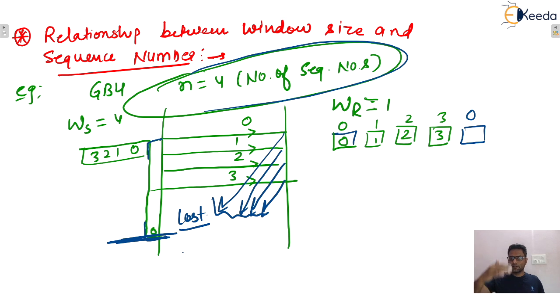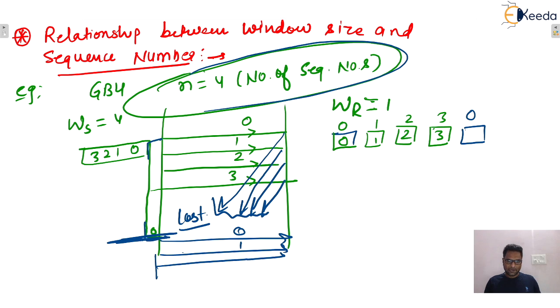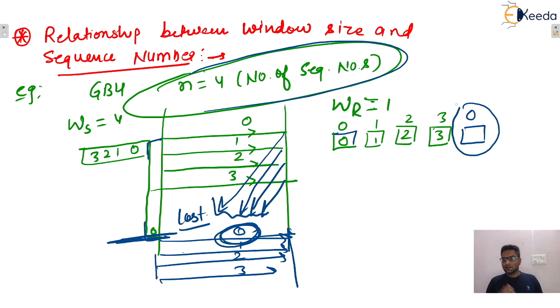So all subsequent packets will also be discarded by the receiver. So at this point, the sender will transmit packet number 0, packet number 1, then packet number 2, and packet number 3. Now you only tell me, as soon as this 0th packet is received at the receiver end, this 0th packet is from the previous set or old set, isn't it? Or the first set that was already received. But here the receiver is expecting the second set's 0th packet, meaning the new packet that has sequence number 0.